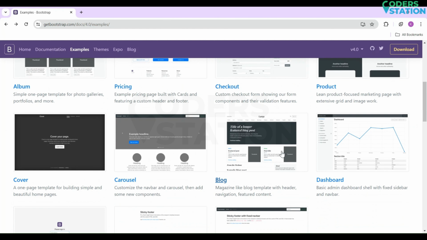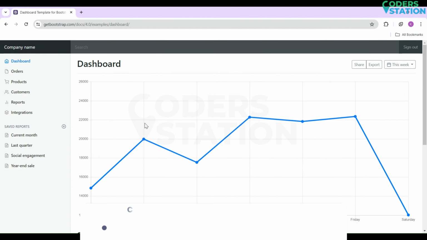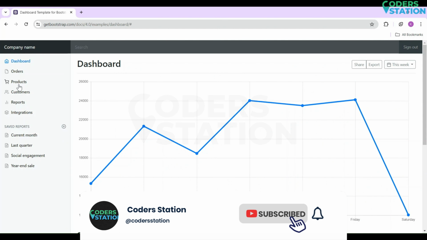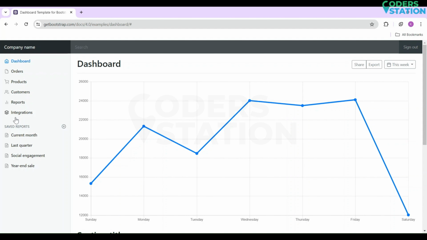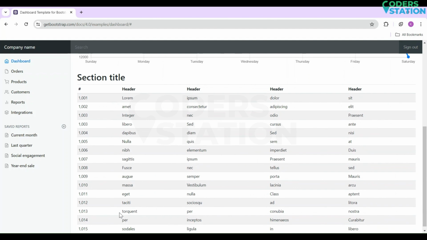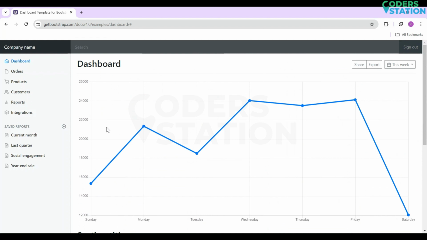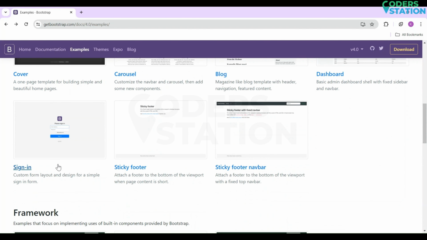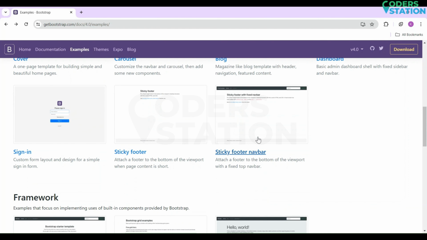After pricing, I can also show you some. See, here you have a dashboard like in the admin panel. If I go to orders, products, you have a list of various pages that you have to create, but it is just a sample of how Bootstrap can help you design. All this you get for free. It actually increases the efficiency of your website, and it is also mobile friendly. So I suggest using Bootstrap. Nowadays we have React JS, but if you don't want to use React or Angular, you can just go for Bootstrap.